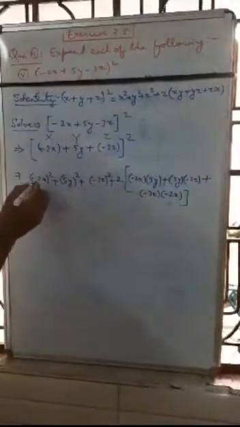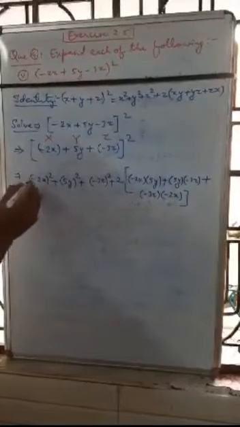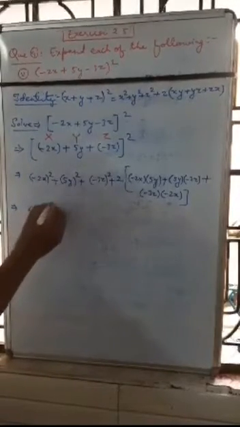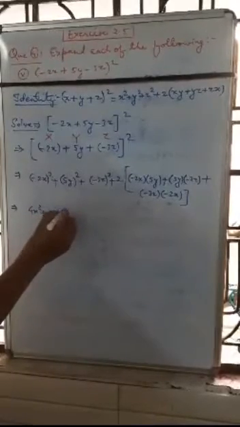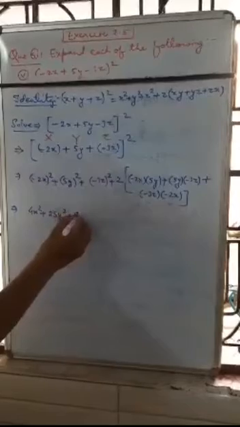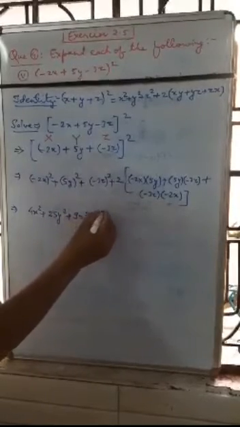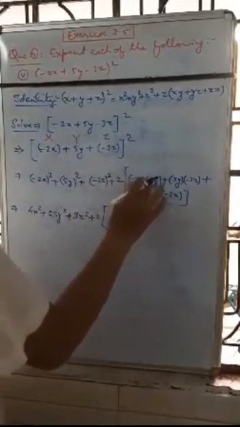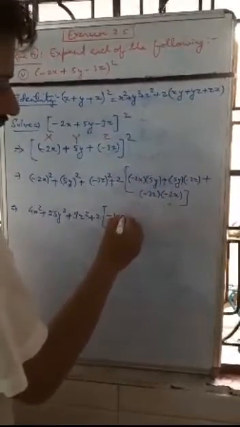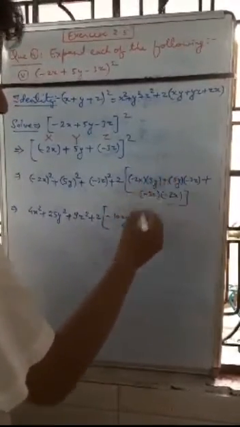Now minus 2x whole square: minus 2 square, minus 2 into minus 2, 4x square, 5 5s are 25y square, then 3 3s are 9, minus 3 into minus 3 plus 9, 9z square, plus 2. Then minus 2 into 5, minus 10, and xy will be multiplied, the product of xy here.